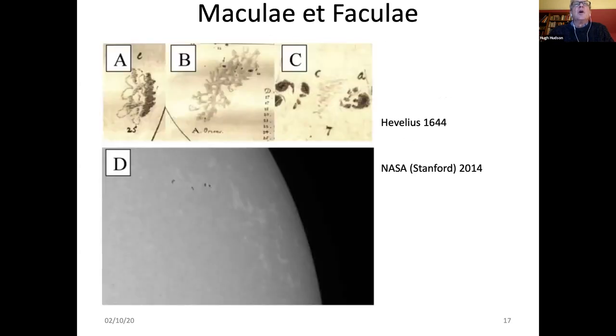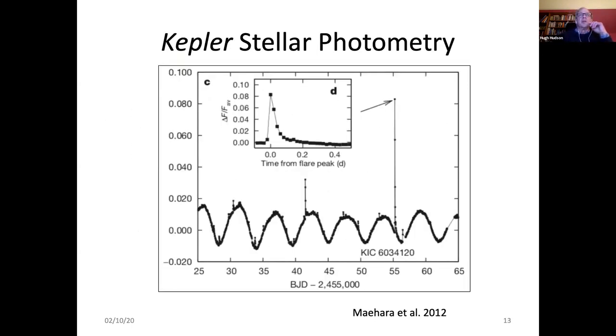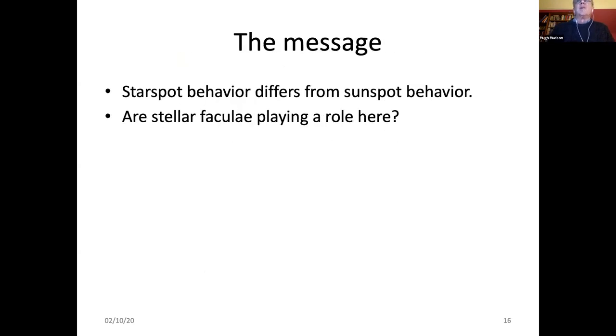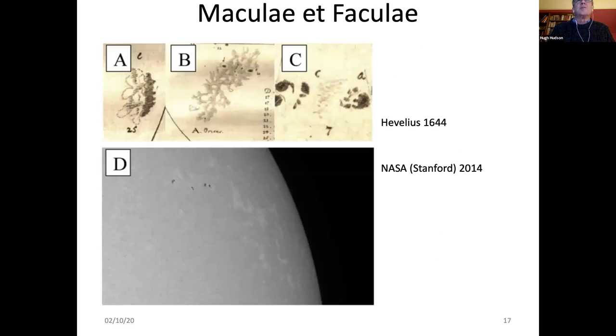So the question is, how could we know if we just saw this sinusoidal variation of a solar type star out there with no images? How could we know that these variations are being caused by spots and not by faculae? It turns out there's very little literature on stellar faculae. They certainly exist, and they're certainly important, but they're hard to observe without an image. So the answer to the question, how can we know, is that there are techniques. One technique is,